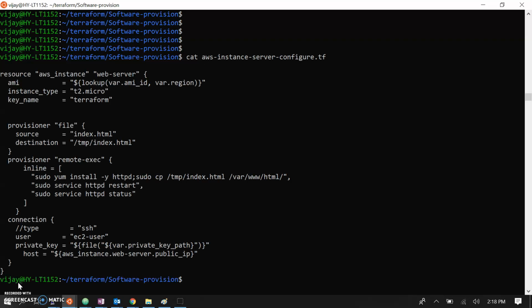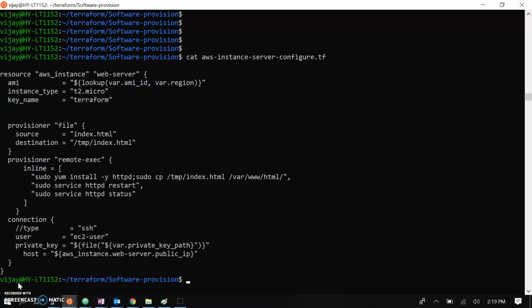So this is my basic script where I have kept the resource creation, that AWS instance, the resource type I am creating, and given the name for the server as web server. I've taken the AMI, instance type and key name, and the key which I have passed through the variables, you can see here. The main thing to understand is the file index.html, which I am copying from the local source code to the remote, where the remote destination is /tmp/index.html. So I'm copying my file index.html to the temp directory in the remote server.